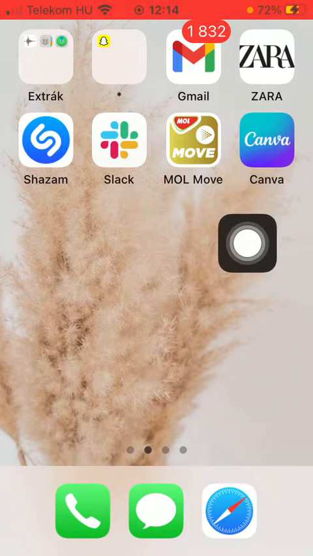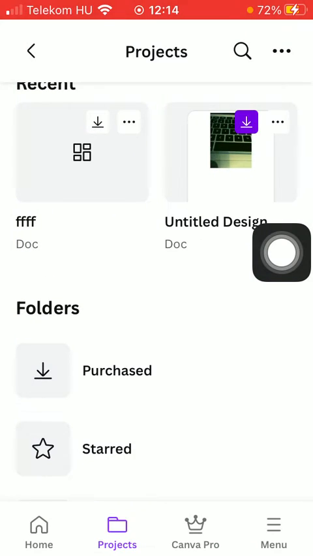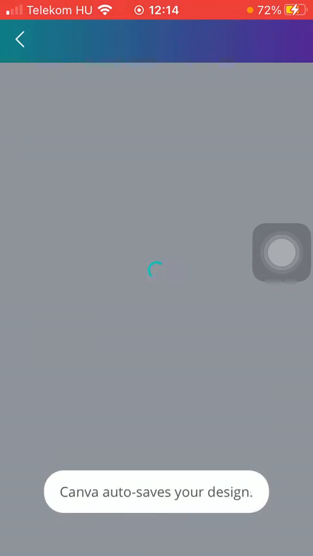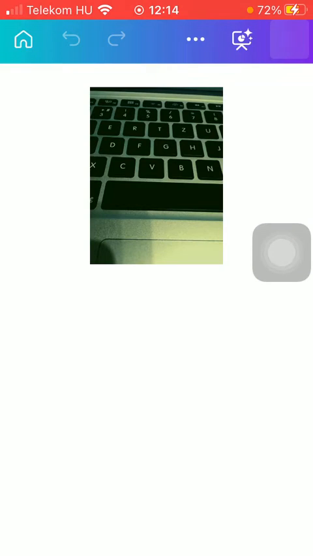First of all, open the application on your phone. After that, you should tap on the projects button if you have a particular document that you have already created and you want to make a presentation of it. So just simply tap on the document,